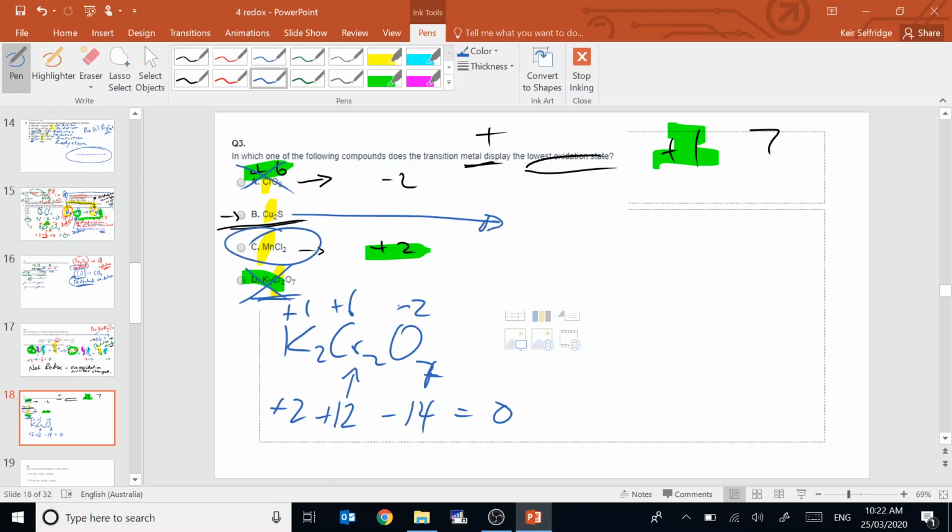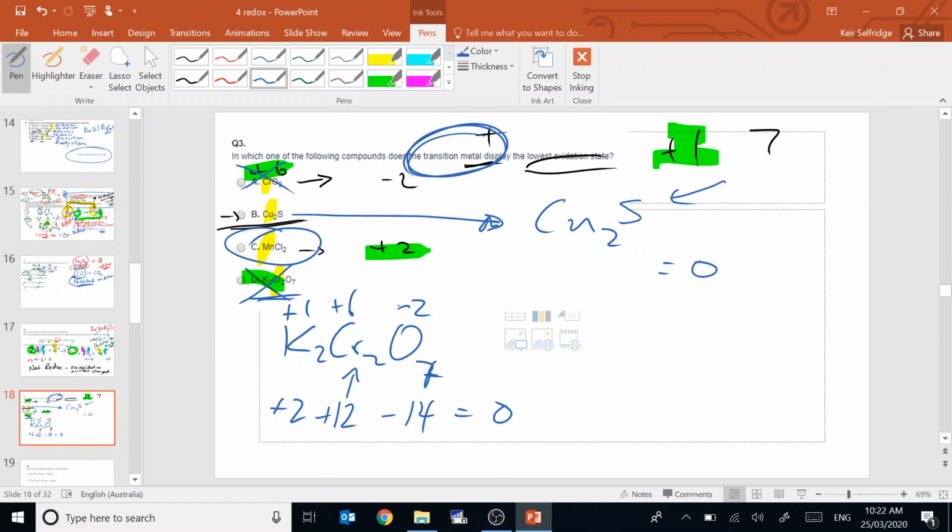Now I have to face this one. This one is the hardest one, but needs to be checked. I was hoping it wouldn't have to be checked, but you know what? Things happen. Cu2 is the one I'm not meant to know. I know that for a fact because I've been asked to find the transition metal. That means the only thing I'm supposed to know in here is that S. So given that that S is one that I'm supposed to be able to predict, it does change a lot,